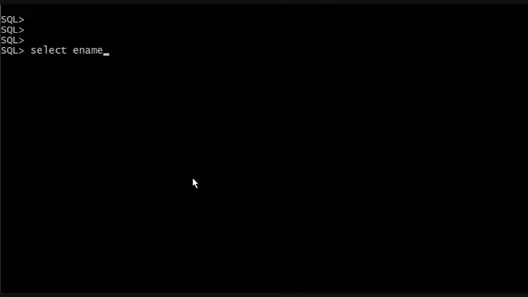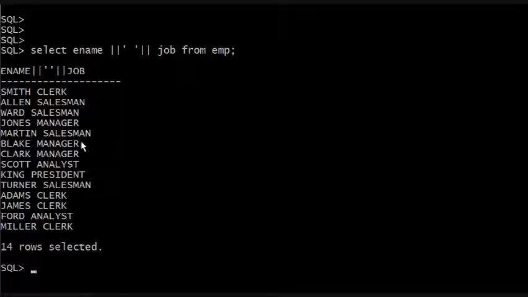Select ename, double pipe, quote, space, quote, double pipe job from EMP. Now it's Smith space clerk. The reason for the space is because if you put a single quote in between the double pipe, whatever is in between the quotes will be